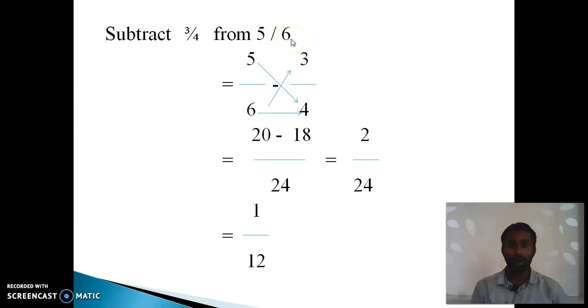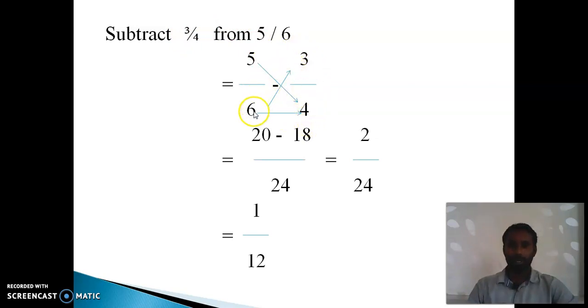That means from after what is the number given, that number only you have to write first. Okay, and then the second number you have to write second here. That means from here you have to write first, from here to second number. Okay, subtract 3 by 4. That 3 by 4 you have to write here.